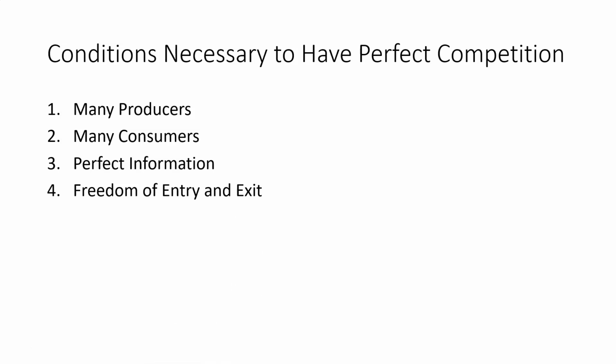The fourth characteristic is that we have freedom of entry and exit of the market. By freedom of entry and exit, we mean that if you want to buy a product, you're capable of coming in to buy the product. You want to stop buying it, nothing's stopping you from walking away. Same thing with producers. If you want to start making a product, there are no barriers to keep you out. There aren't any patents or trademarks or any of that stuff. You are free to come in and start producing the good. If you want to get out of the market, you're free to get out of the market as a producer.